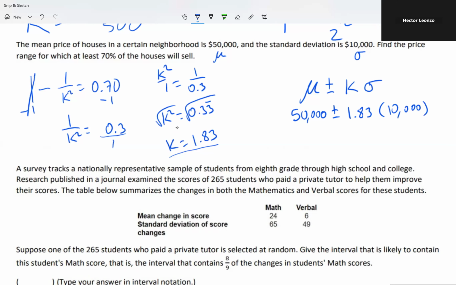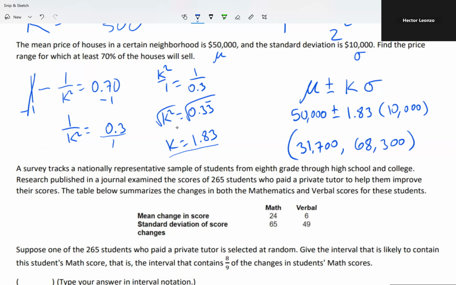So for my first value, I'm going to go 50,000 minus 1.83 times 10,000, and that's going to give me 31,700. For my second value, I'm going to go 50,000 plus 1.83 times 10,000, and that's going to give me